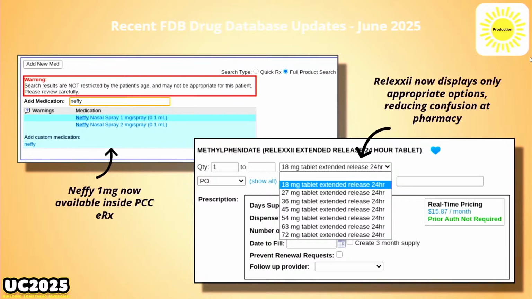But in this drop-down, there were 2 chunks of options. And the default was at the top, and it said all that same stuff, but then it said methylphenidate next to it. And if you didn't know it was in there, you would say DAW Relaxi, but then it would say dispense methylphenidate, and then the pharmacy gets it, and that's why they'd call you and say, what do you want? Because you're sending me mixed signals.